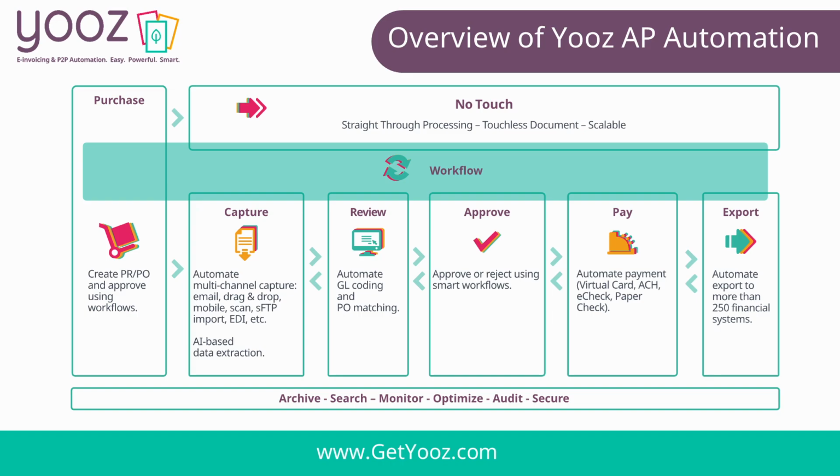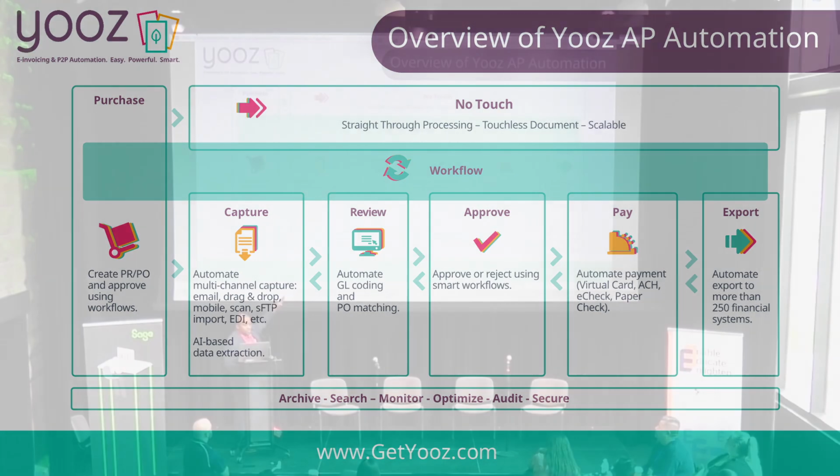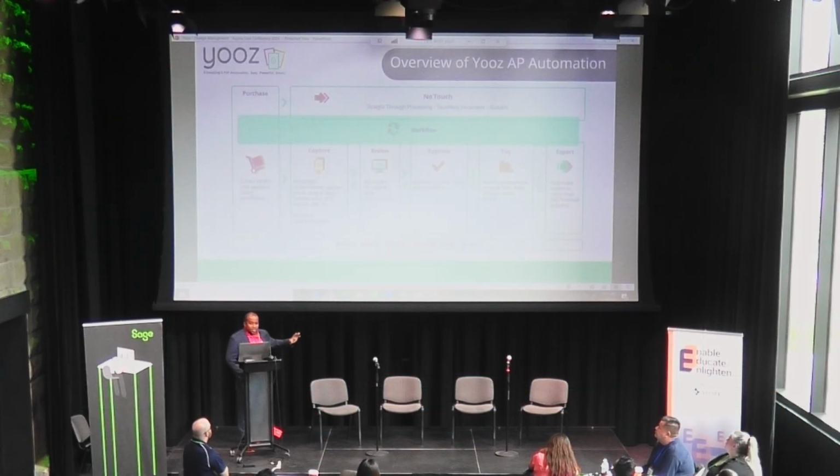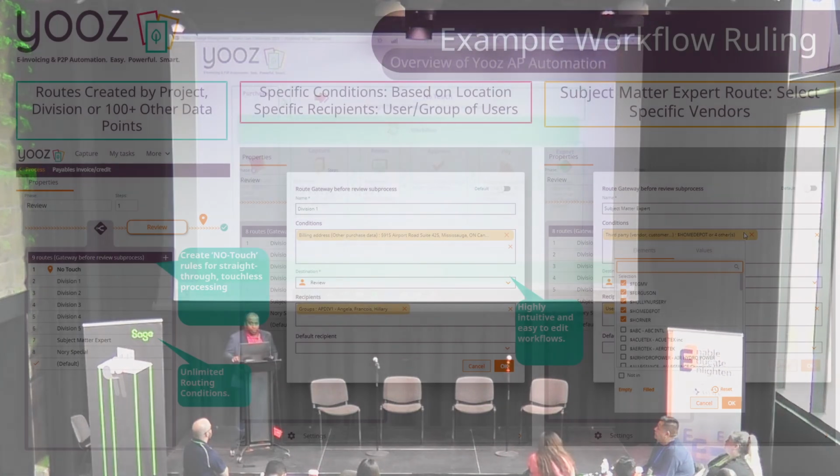Another thing I want to point out is above workflow, we'll see no touch. So imagine automating that process just a little bit. The bills that are always coming in, they're always the same. Imagine coming in and just automatically skipping, going straight to approval, right? Or maybe it comes in and goes straight over to your ERP. It's called a no touch, right? So you can set up rules and parameters that really help streamline your organization.